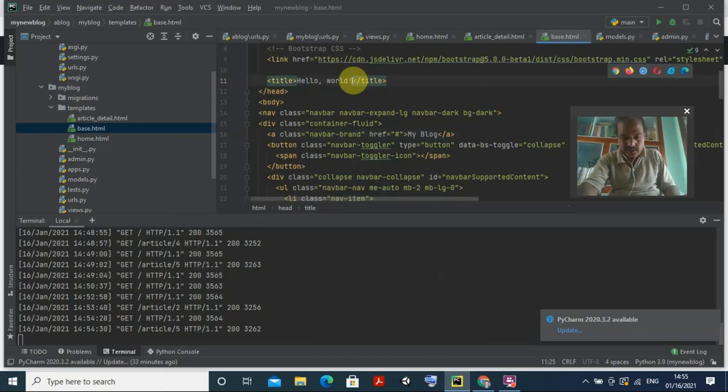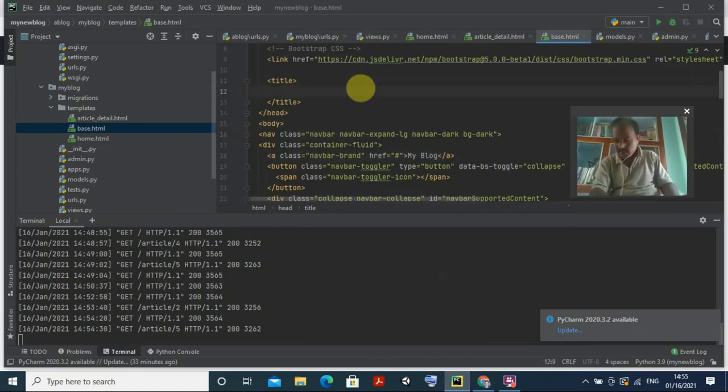I don't want hello world, hello world is the basic thing fundamentally they have given here, so I enter it here, and here what I put, okay, shift this there, and inside that one also again I put percentage and brace, then I put block title. Okay, so sorry, block title, I want to put block title. Okay, block title. So I created a block title, right? So provide a space here, right?